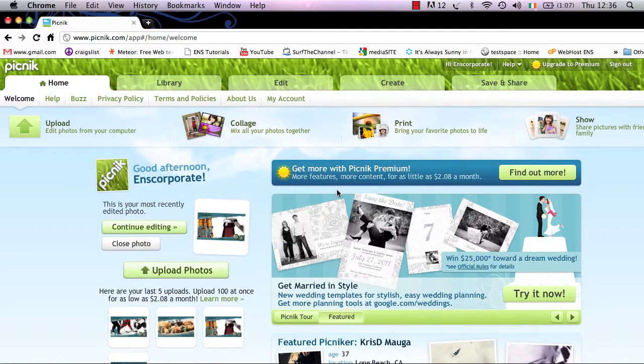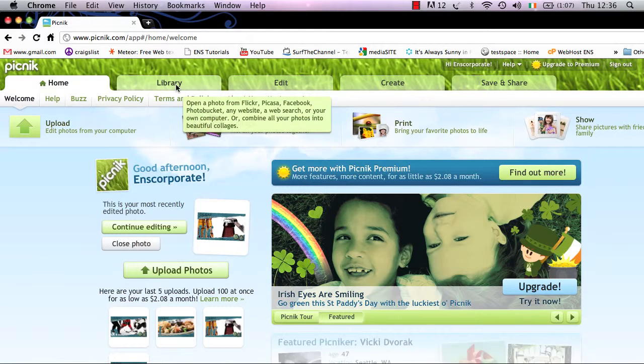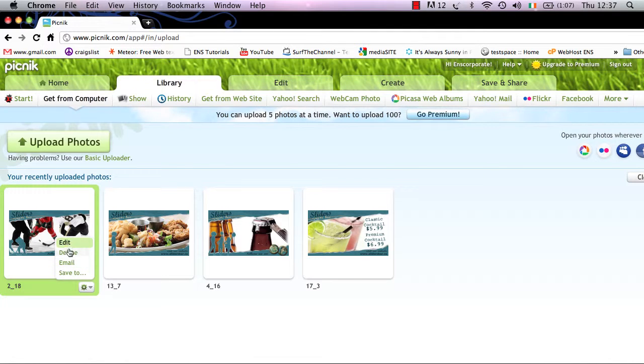So if you wish to go through your library of images, if you've uploaded a number of images and you're looking to re-edit some of those images you've already uploaded, you can simply go to the library icon along here, select library. Once you have Get from Computer selected, you will see all the different images that you've already uploaded. So if you wish to, for instance, edit this first image here, you can simply select the icon here. Here you will have a number of different options to edit, delete, email, or save to. So if you want to select edit,